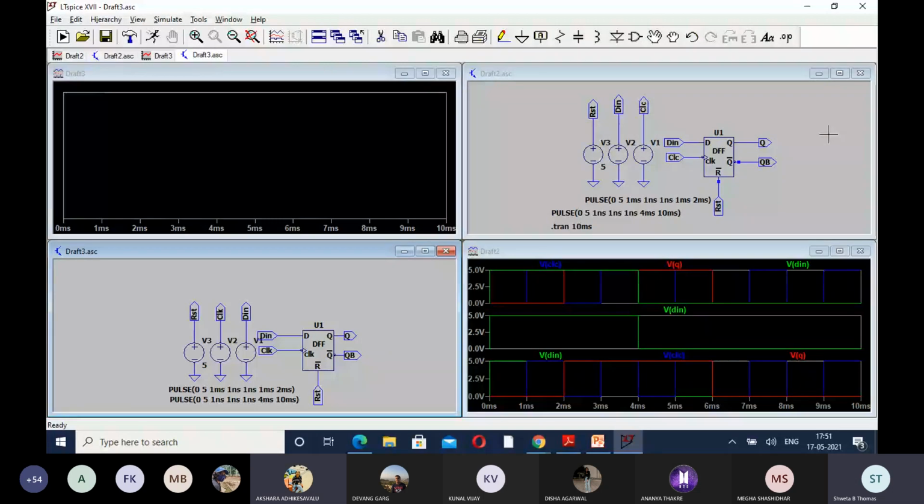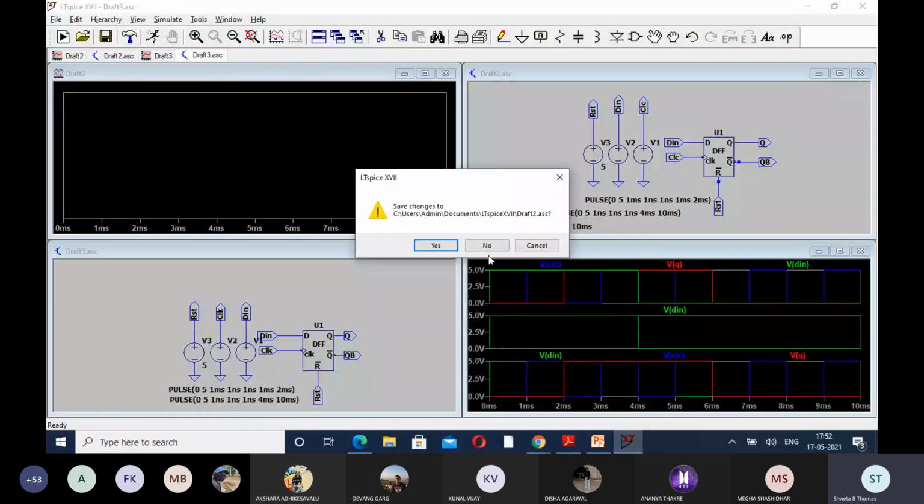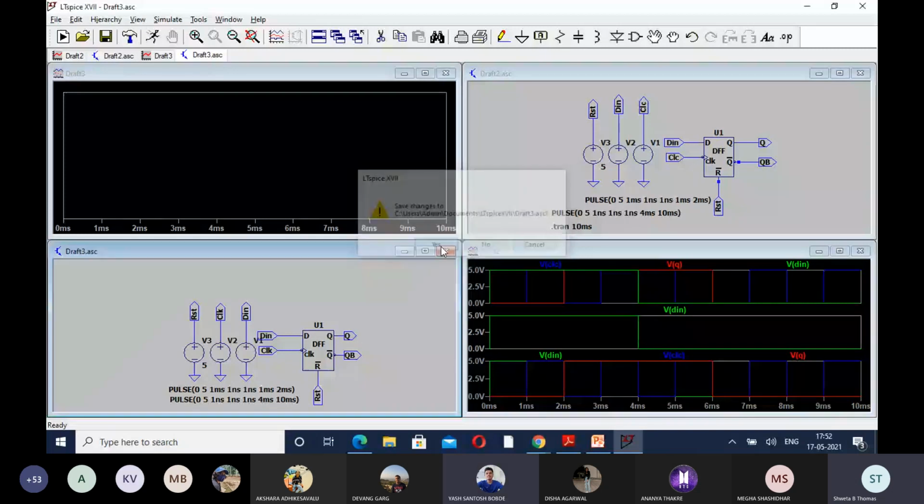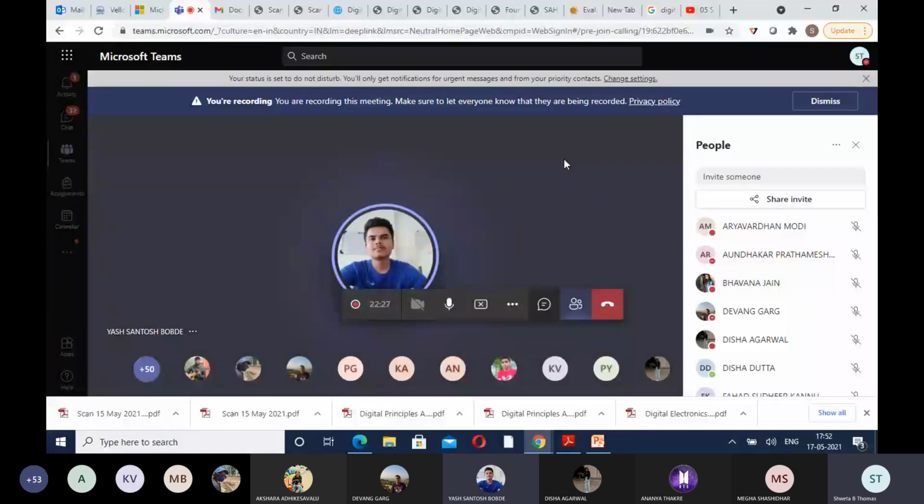Ma'am, we actually tried D flip-flop. Can we screen share? You completed now? Ma'am, actually we did it in the morning, but we weren't sure if the diagram was the circuit diagram or the block diagram, because we did the same thing as yours. You want to show me? Yes. Okay, just a minute. So can I close it? Is it okay for everyone? Okay, closing it. Ma'am, so for task 4, right?